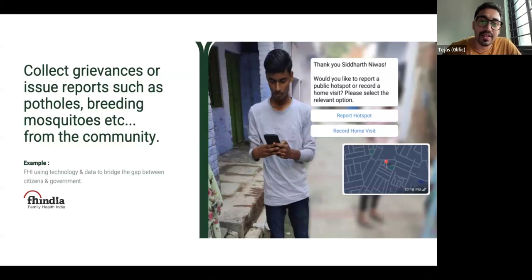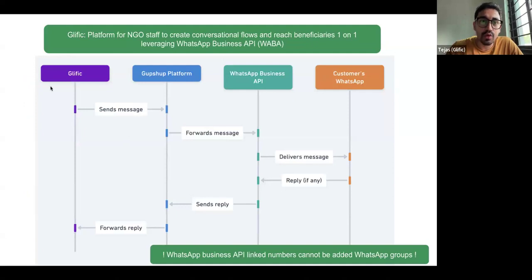But the catch here is all these conversations are happening one-on-one. Basically, the conversations are happening between the organization's phone number and the end beneficiary. So while the organization is talking to many people at the same time, for the end user, it's like they are talking to the one organization. It's like one DM that's going on. So basically, this is how Glyphic platform works. There's an NGO staff who have set up their Glyphic instance.